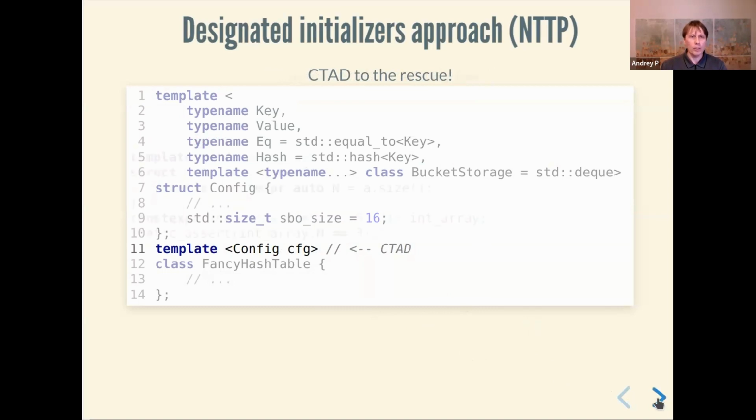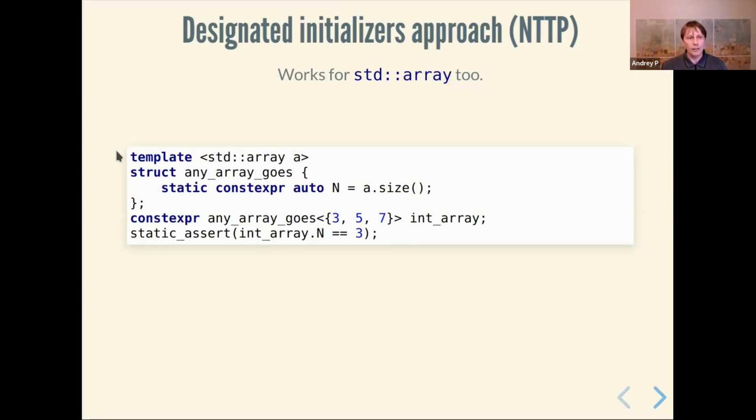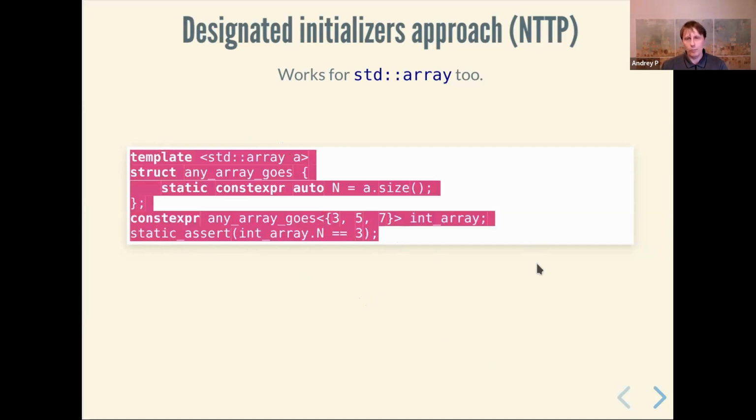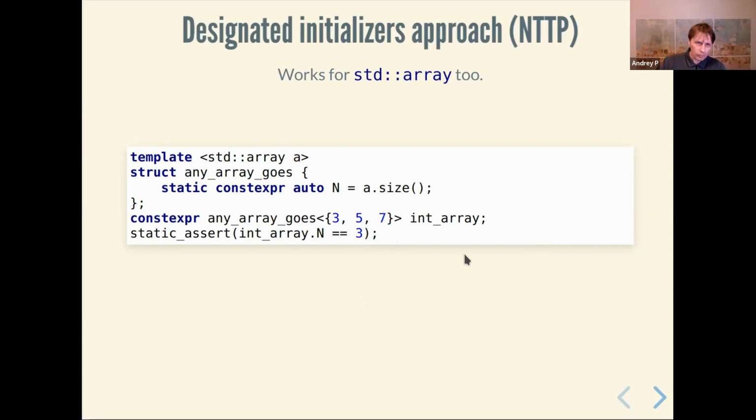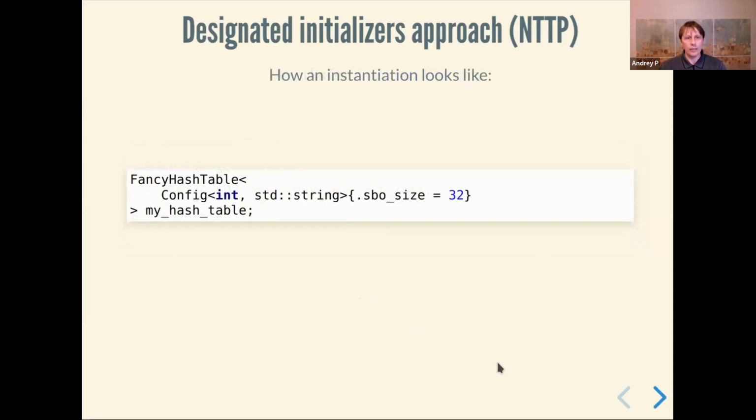And that works for all types. For example, you can do this with the standard array. You can just say this without the type and the number of arguments. And then when you call it with just a list of numbers, the actual type and the size get deduced. So this works for all of your structs and classes. So with all of that in place, our instantiation looks like this. So we still have to pass the type names explicitly,